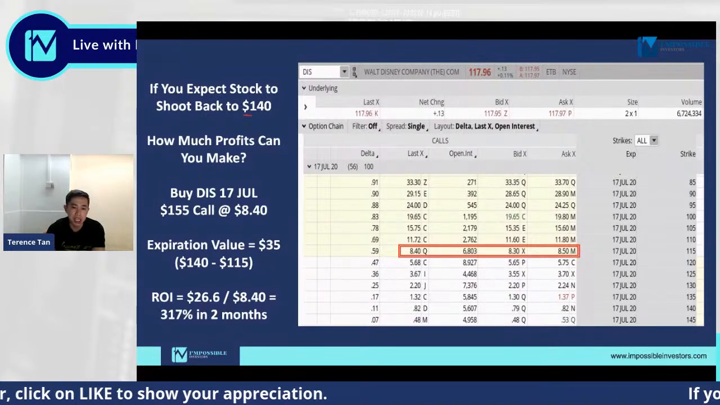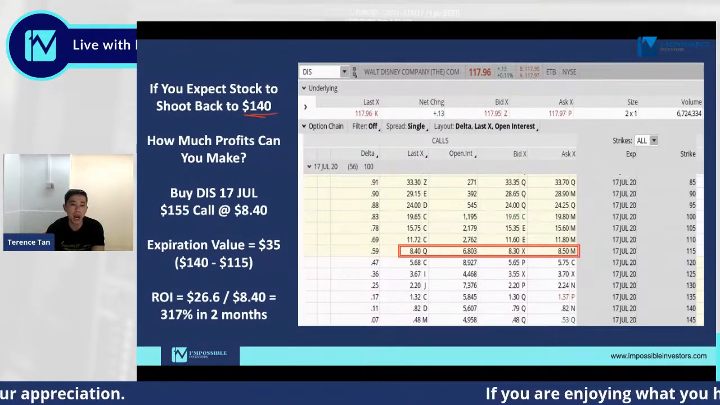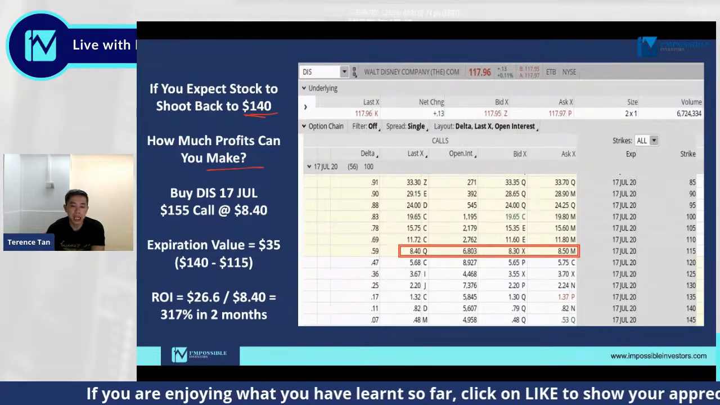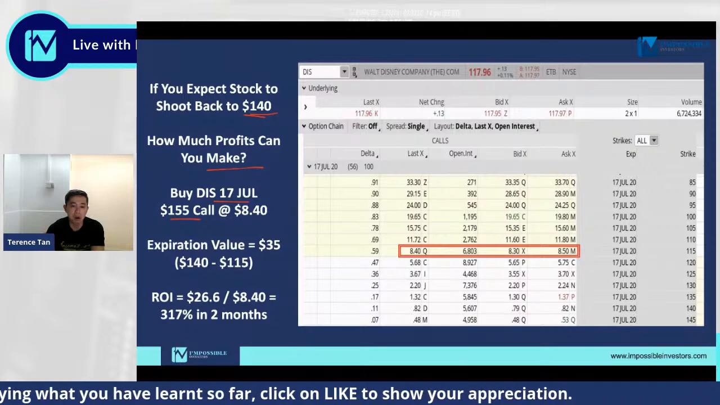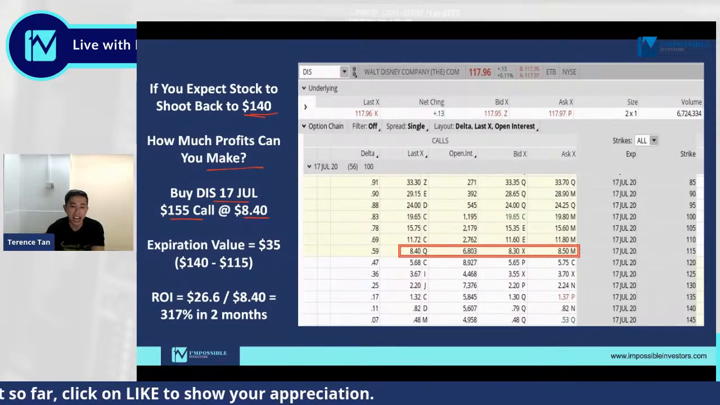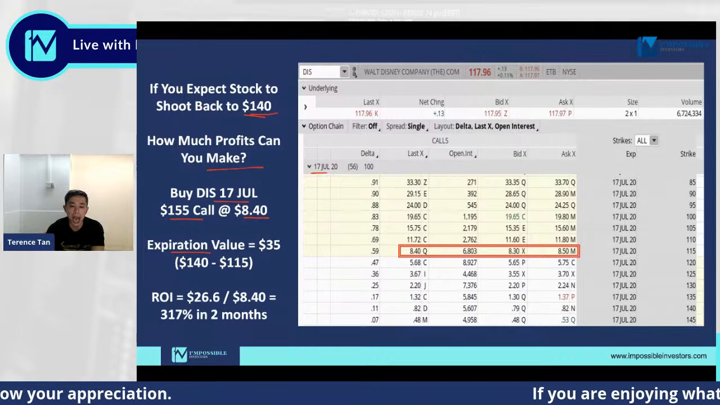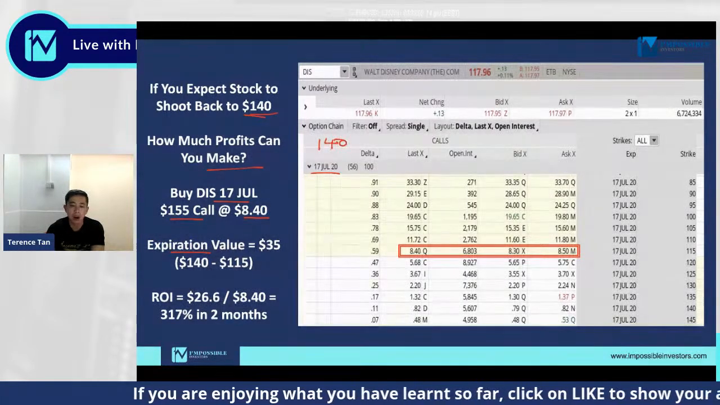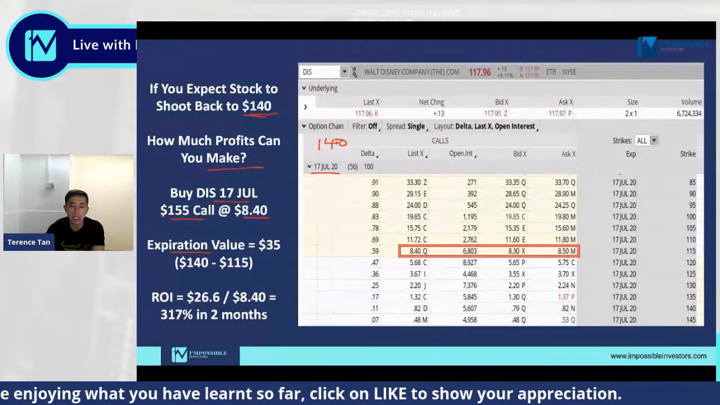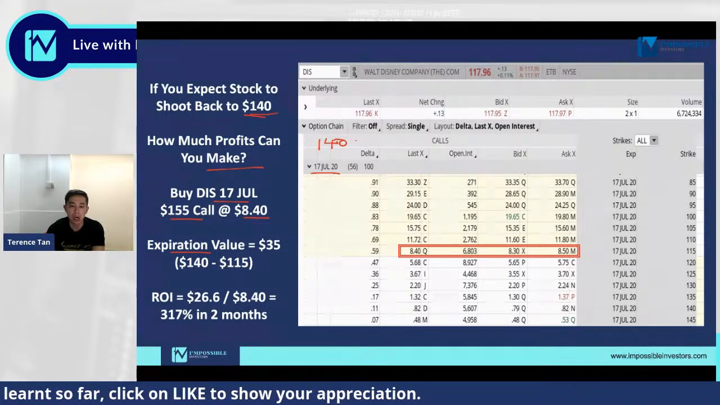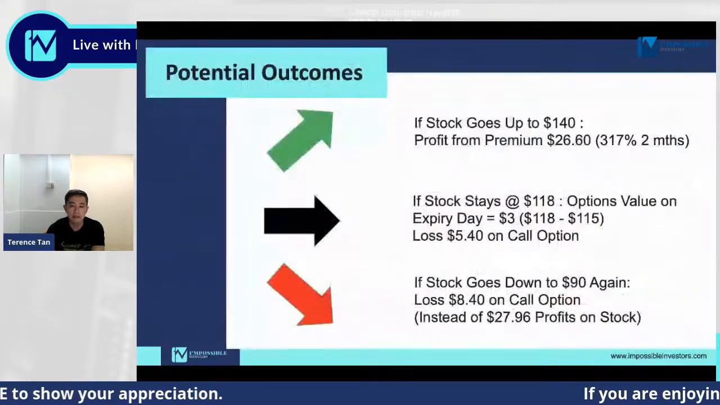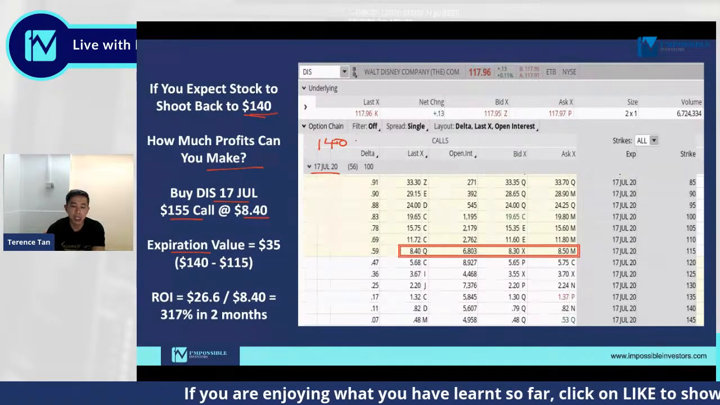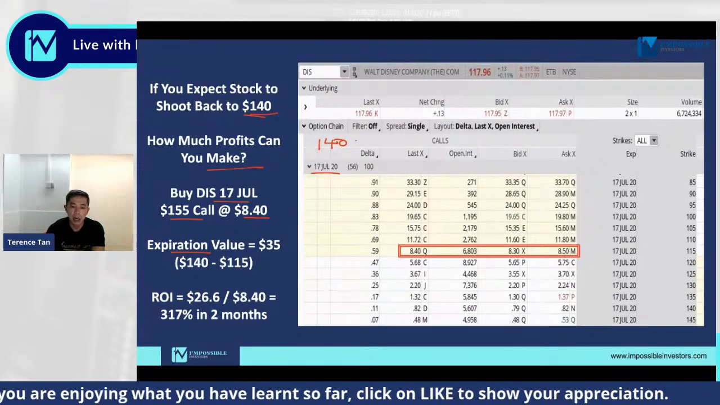Now let's take a look at what kind of profits you can look at. Let's say Disney went your way and continued to shoot up to $140. How much profit can you make? In this case, we bought the 155 call at 840. On expiry, that means on 17th of July, if Disney stock was actually trading at $140, we can calculate the option premium simply based on the claim value. What do I mean by the claim value over here? We just need to take 140